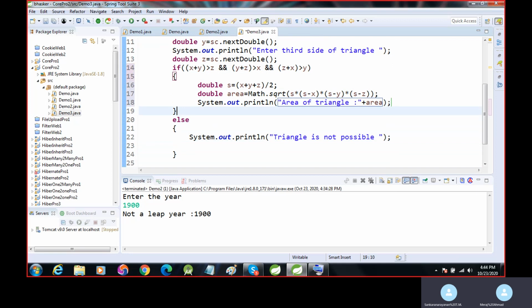If the condition fails, then print triangle is not possible. First of all, we check whether the triangle is possible or not.